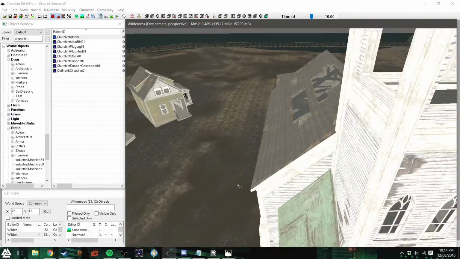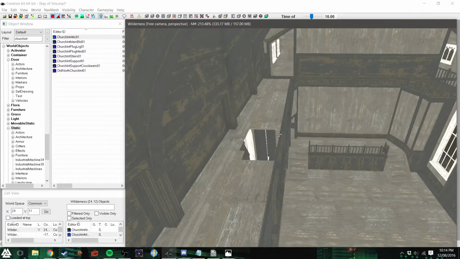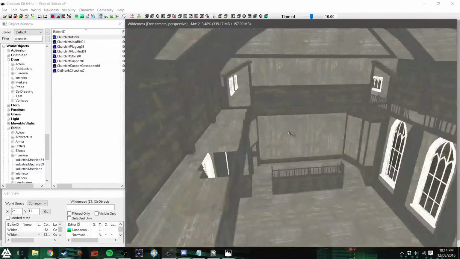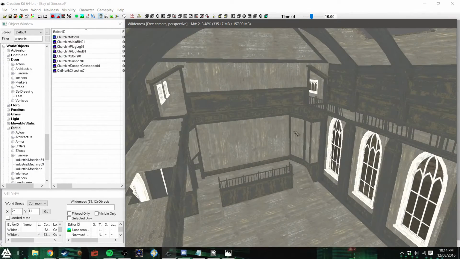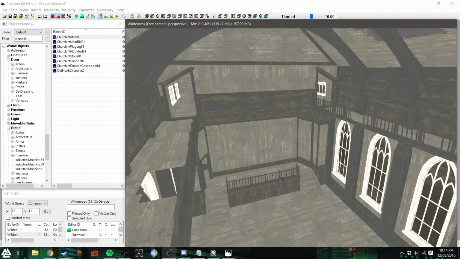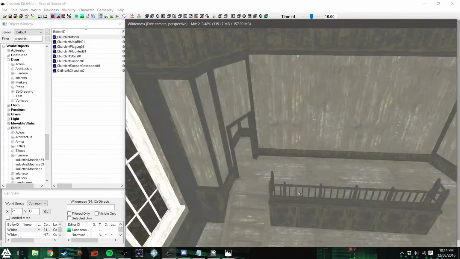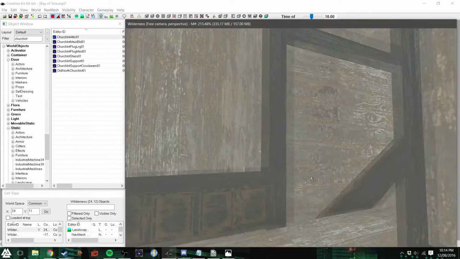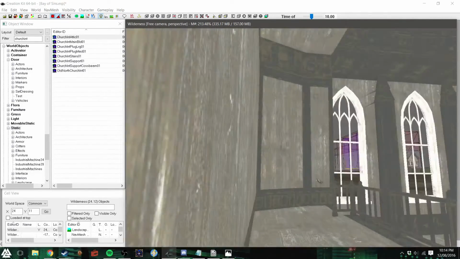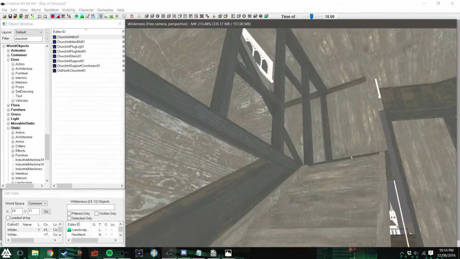Okay, maybe what I could do is use some planks or something. No, I don't think that would work. I was gonna suggest perhaps putting another floor in here with parts from another kit, which honestly is never a good idea, but, you know. Good. Anyway,